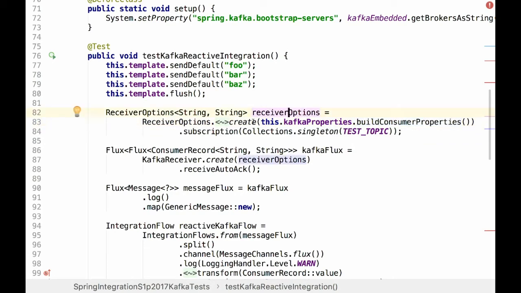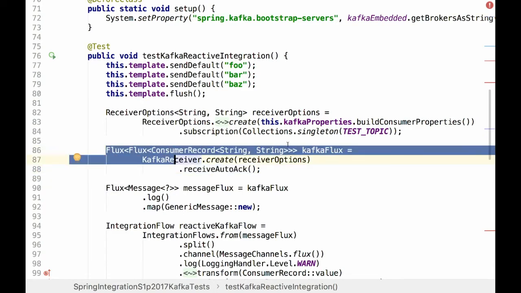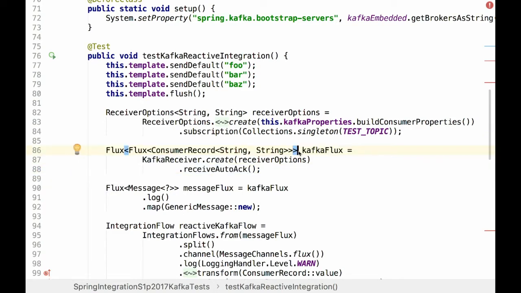So we subscribe to our test topic, then we create a Flux of Flux to receive and auto-commit offsets into Kafka. This is a Flux of Flux because the root Flux is exactly about the stream to consume it on demand.